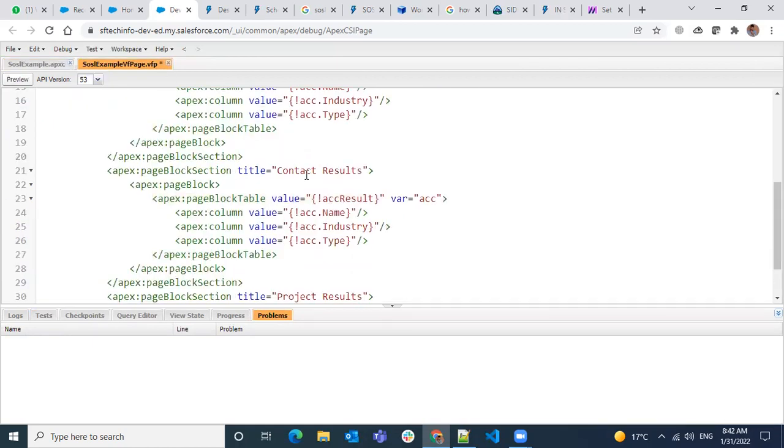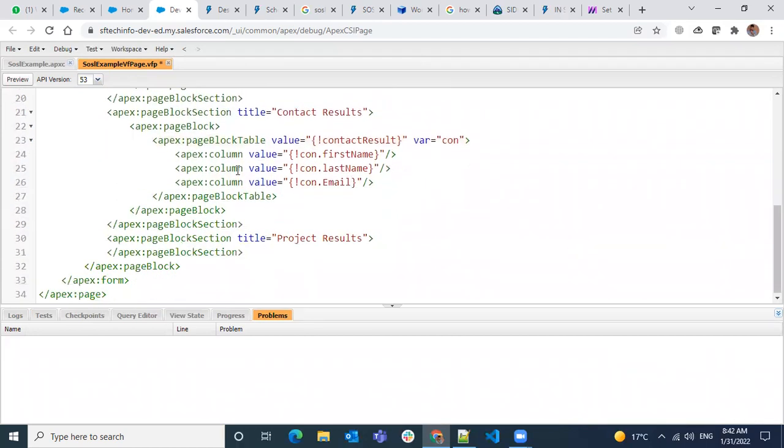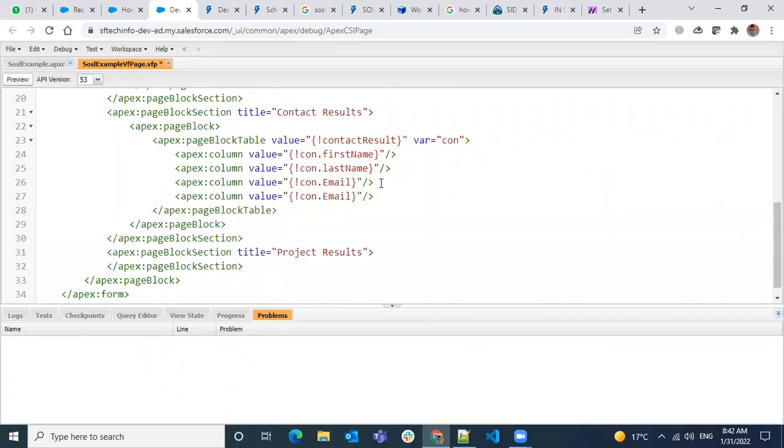Contact result. Contact result, I would set as a con. So con, first name. From. So I now add my query for